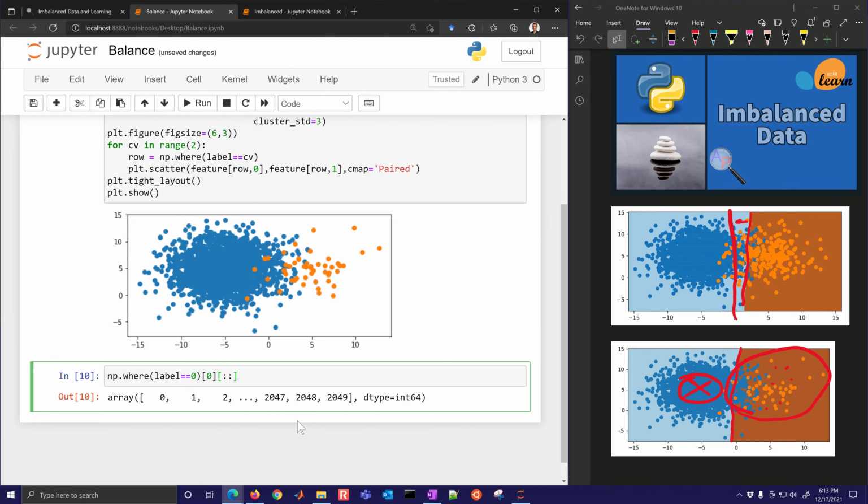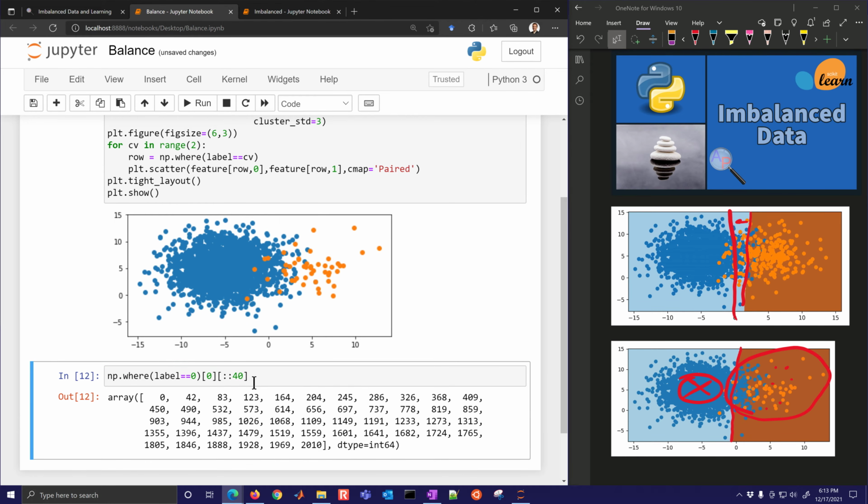Let's say we wanted to take every, let's see, we have 2000 on one side and 50 on the other. So if we wanted to reduce that, we would say, let's take every, maybe, let's see, what would that be? 200? No, 400. I'm trying to get this right. Every 400. Okay, so that's going to give us, it should be 40. Okay, there we go. So we have our 50 there, and we could have these rows then